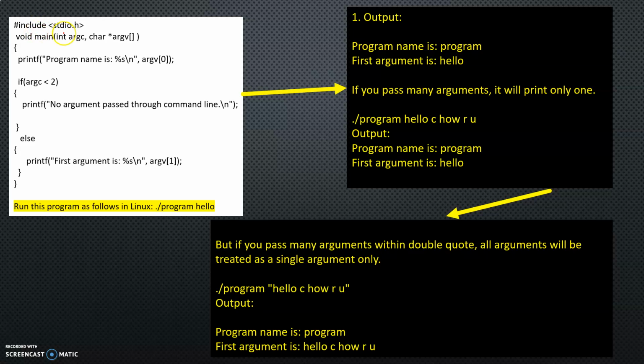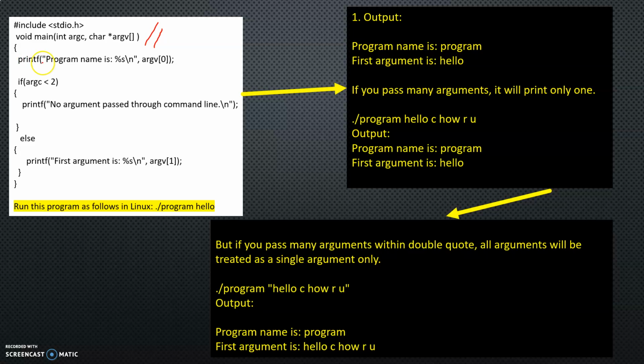Here I have written #include <stdio.h>, then void main, int argc comma char star argv. One thing you have to keep in mind is that there is no need to write exactly argc. Here we wrote argc for argument counter and argv for argument vector, just to memorize it, right? You can also write it as int ram comma char star sum, no problem. Both are the same, only the names are different. It is not a big deal, it depends on you. So int argc is the argument counter, and char star argv is the argument vector.